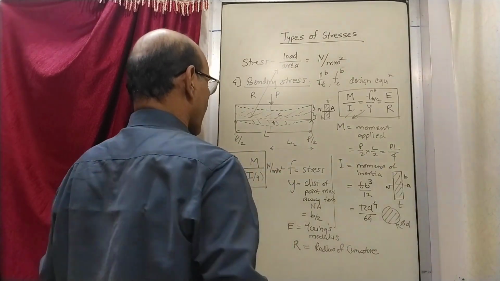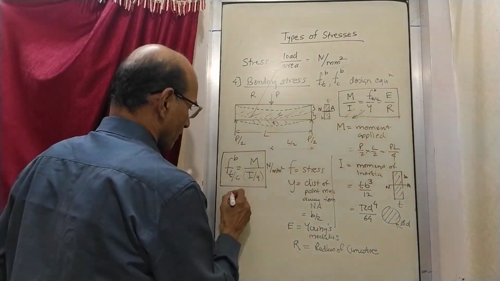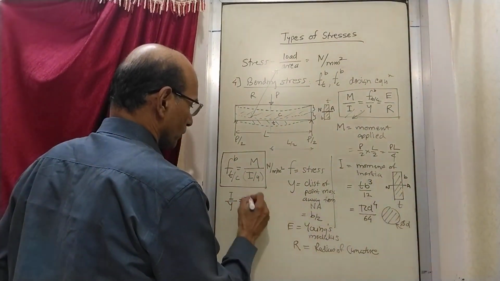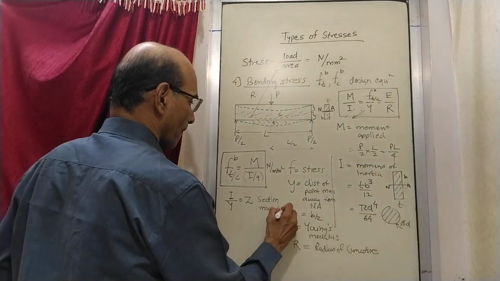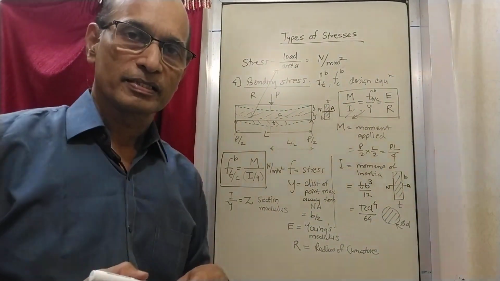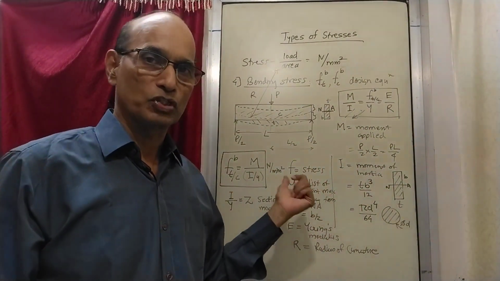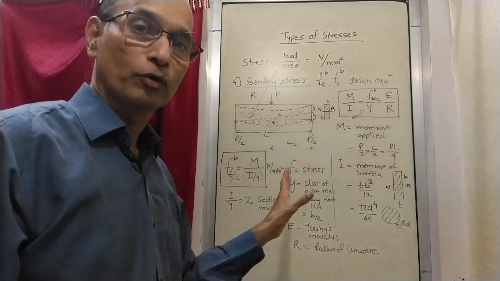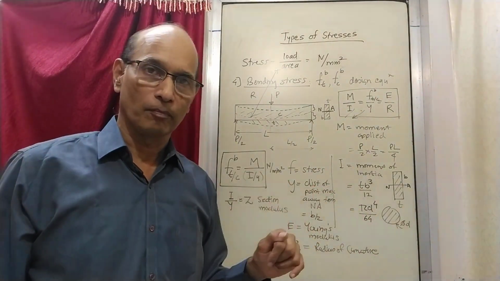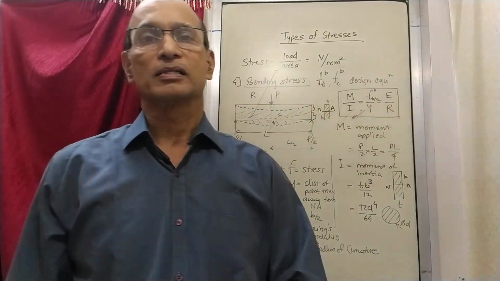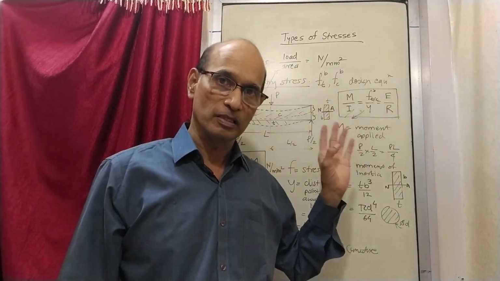Okay, what is this I upon y called as? If you remember, I upon y is shown as Z, and this is called as section modulus. Z is called as section modulus. Now we'll come to know about this. We'll use this quite often in future. So that time I'll give some more stress on that. Right now, just note down. Maybe you can go back and revise all these terms which you have come across during your strength of material. That's why I last time said that strength of material is some such subject which is of extensive use for us. Therefore, it is required to be revised.